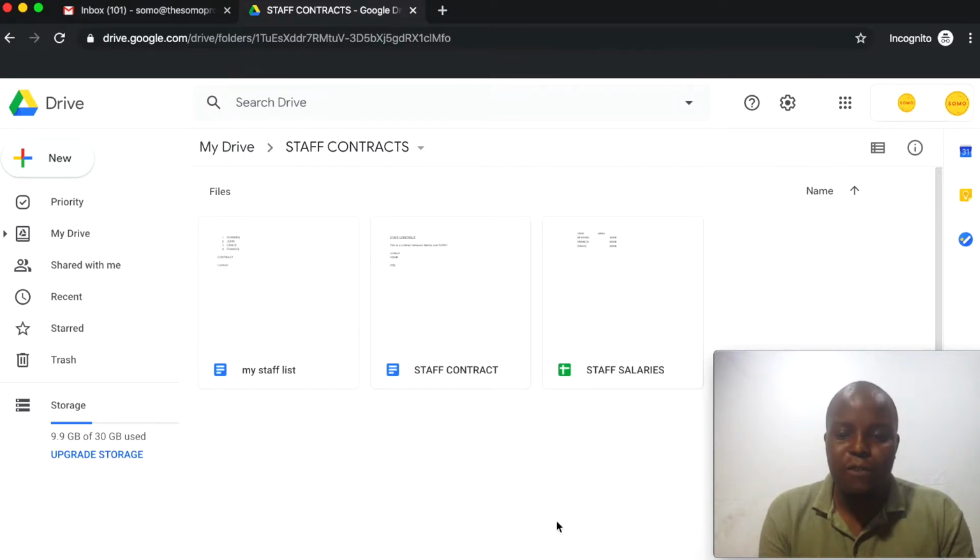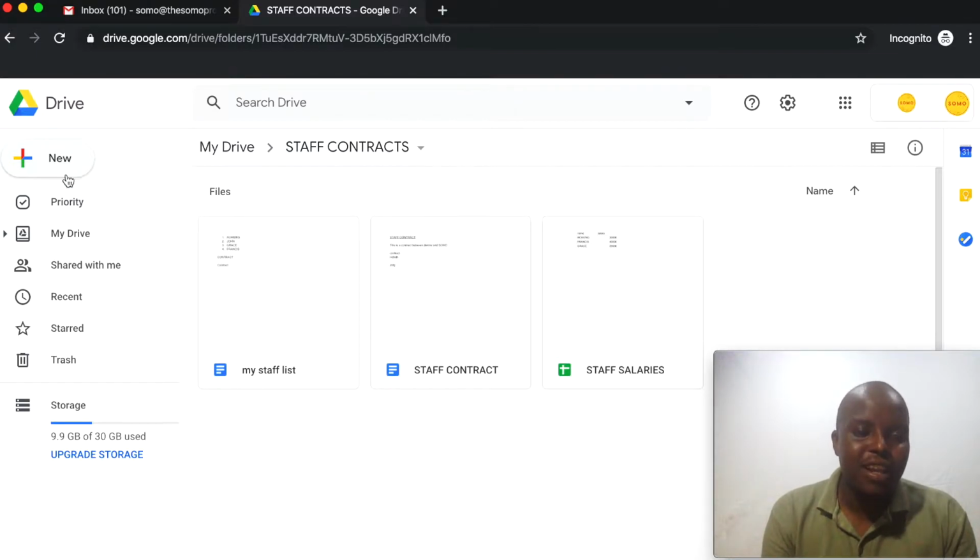For example, if you have worked with a financial projection template, you remember that template is based on Google Spreadsheets. Google Spreadsheets is similar to Microsoft Excel. The only difference is that this one is based online. It is automatically saved and you can access it anywhere in the world for as long as you have access